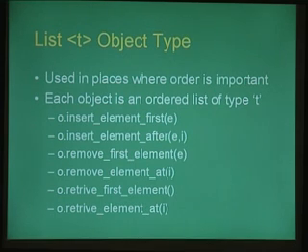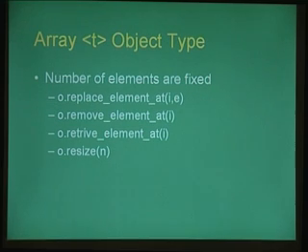You can insert after a particular element in a list, or you can remove the first element, and you can remove a particular element at some particular position in the list, and so on and so forth. And of course, the array object type, which is like a list where the order is important. It's a collection of different objects of the same type, where the order is important, and